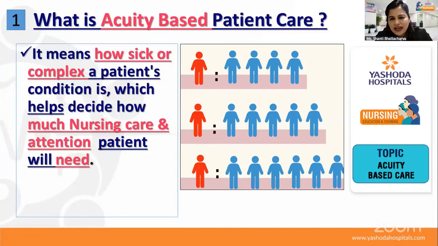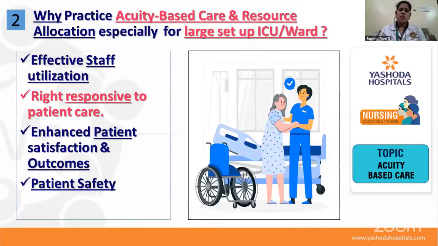Yes. Shweta, we would like to also listen from your end. Do you practice this model of distribution at your setup? Yes, ma'am. We do practice this, and patients are allocated based on experience. The staff who have more experience are given the critical patients, whereas the juniors and the student nurses are made to help the senior nurses, and the allocation is done based on this. This will also help us to reduce the workload and optimize the resources. It will facilitate personalized patient care, and it will also serve as a quality measurement. So this helps overall.